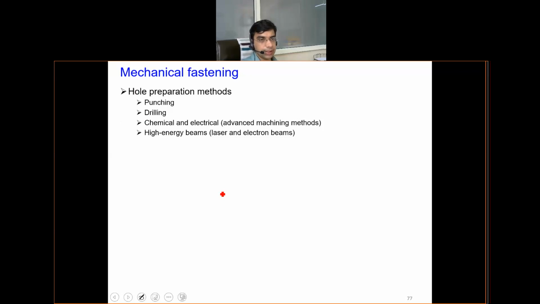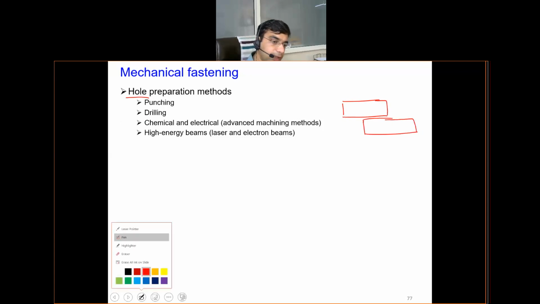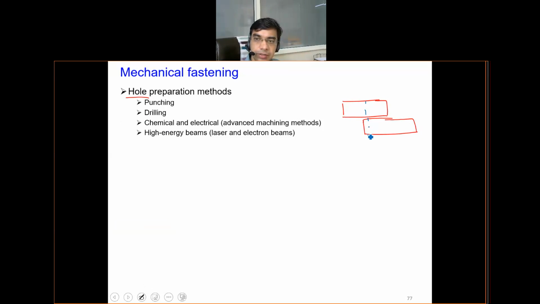But mechanical fastening needs another aspect of surface preparation, or joint zone preparation, which is to create a hole. To fix any nut and bolt, suppose these are two products which have to be joined. What you need is the presence of a hole in between these components. Basically, a hole has to be there, where you will put the required nut and bolt to join it.